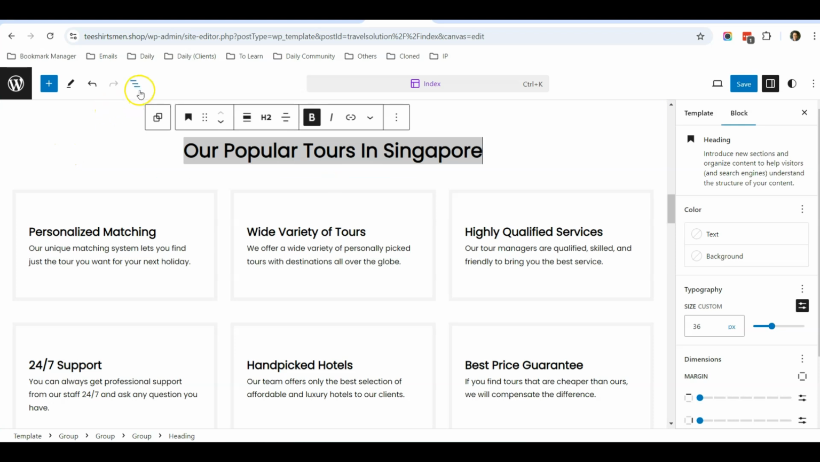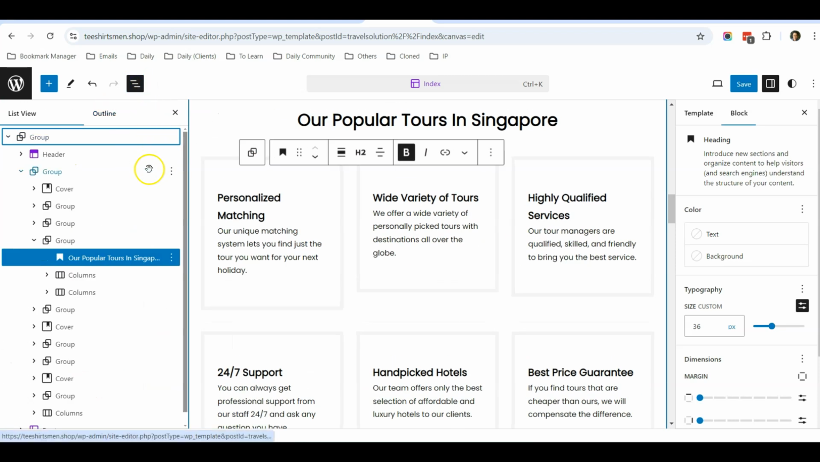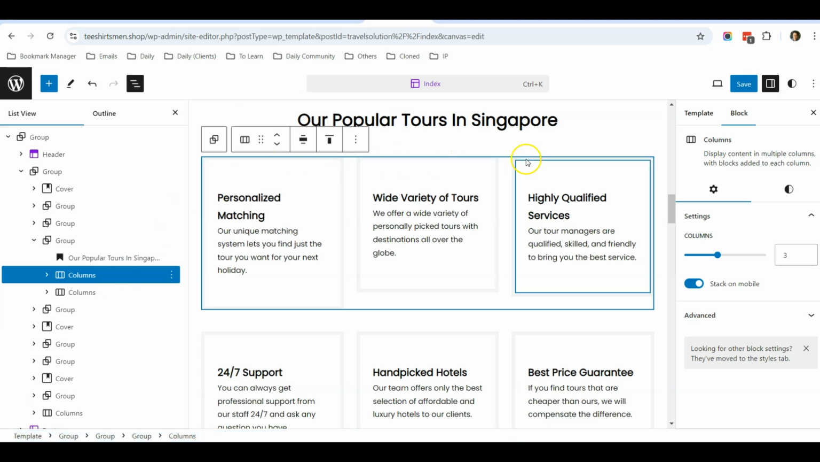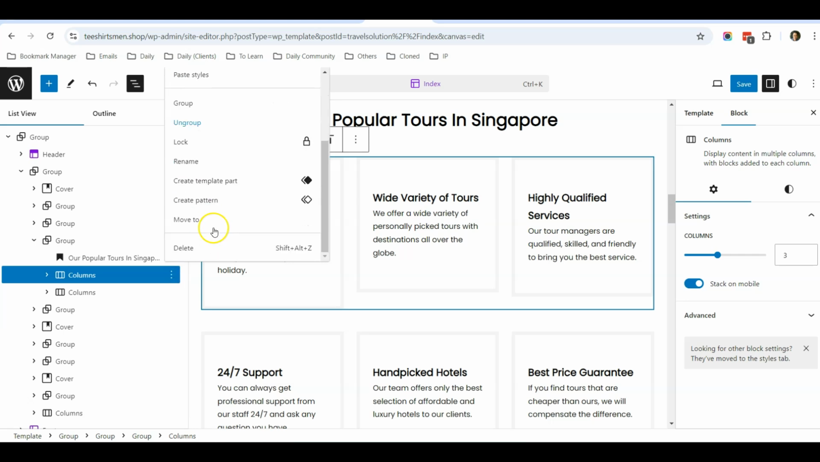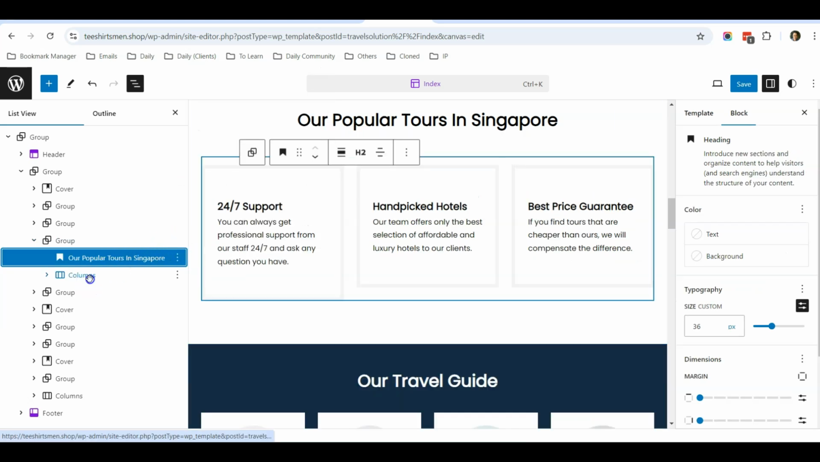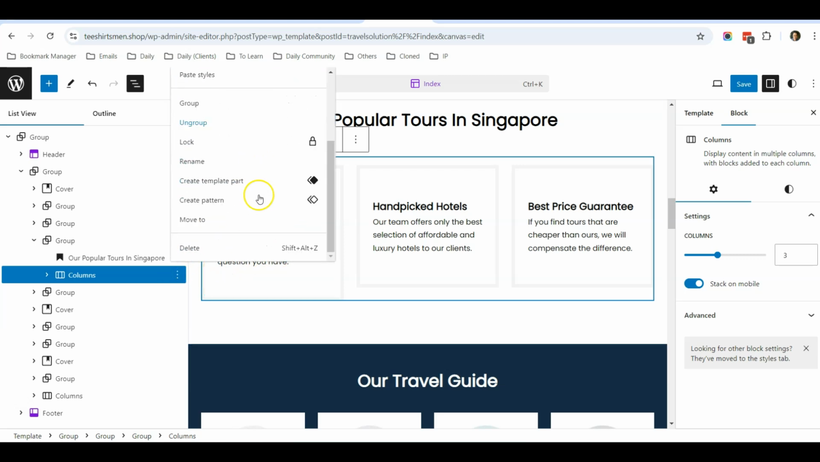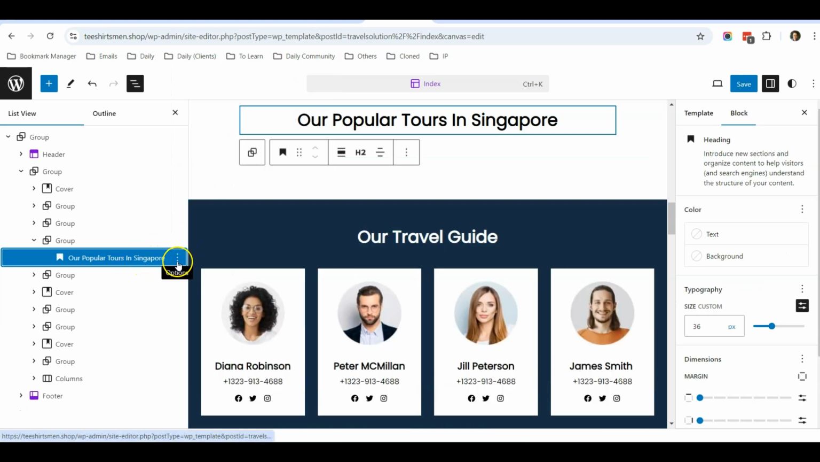So what you can do is that you can open up the document overview over here. And when you click on here, it will automatically select the column. So for this column, I will just delete it. And then I'll select the next column. This column, I will also delete it. And I will add